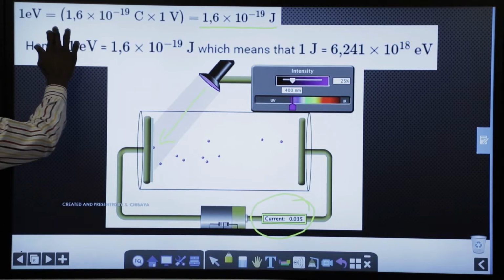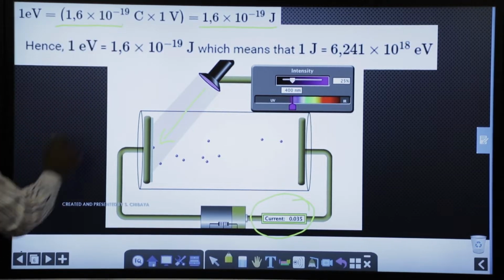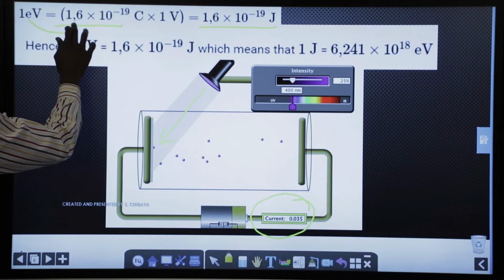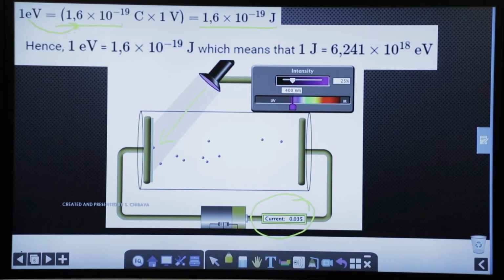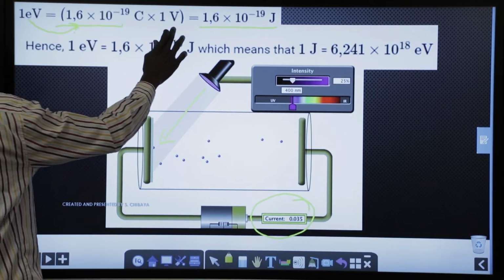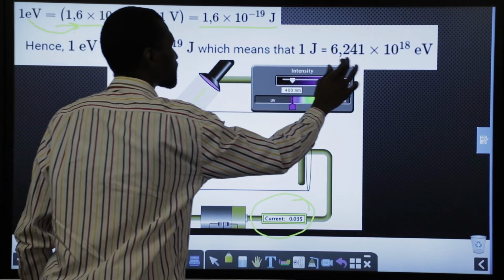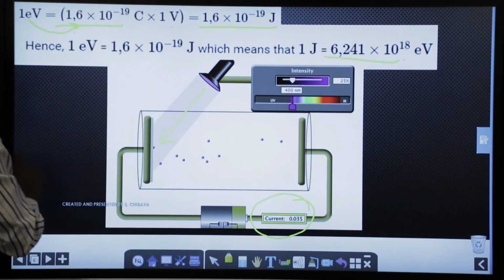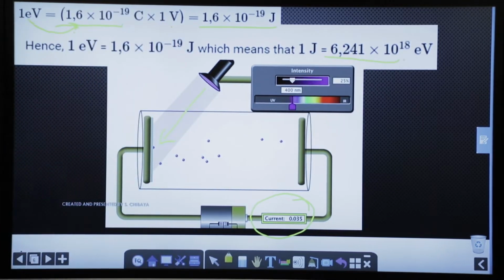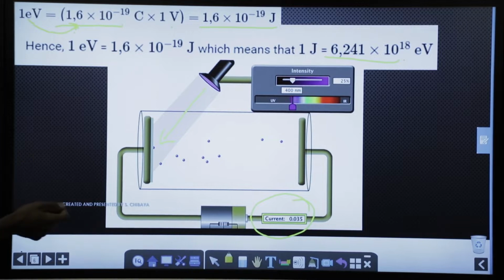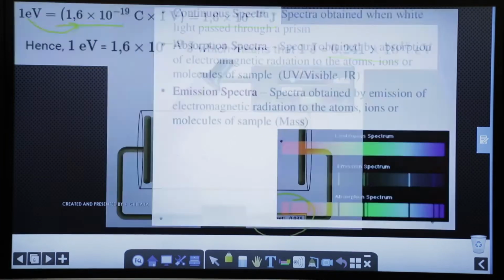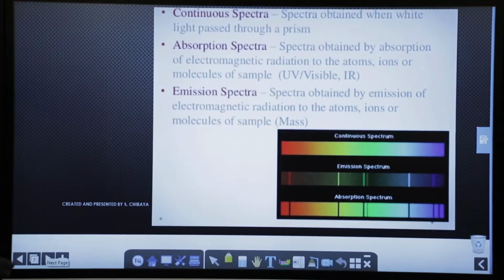Okay, this number you already know. Think of it as e, the charge of an electron, times 1. This value you can then find conversely, by dividing 1 by 1,6 times 10 to the power of negative 19. Having said that, we move on to